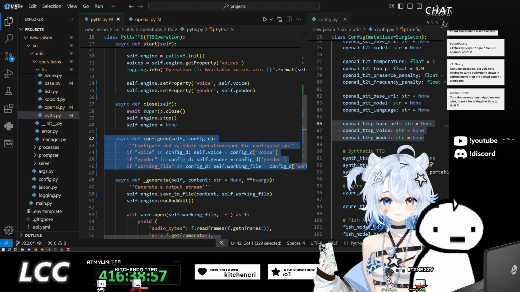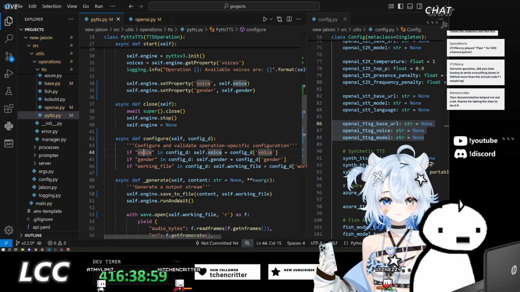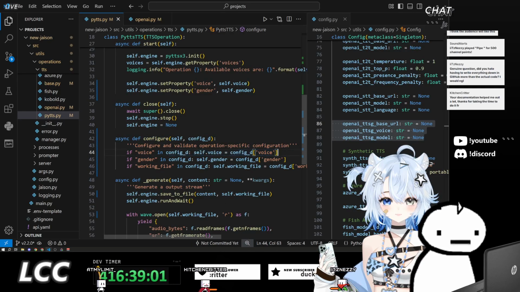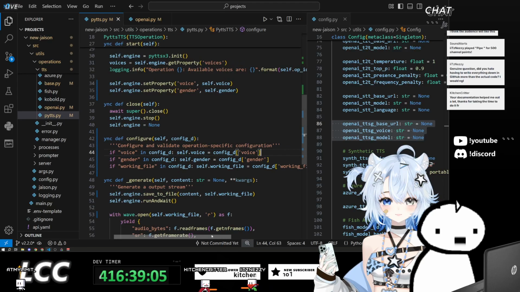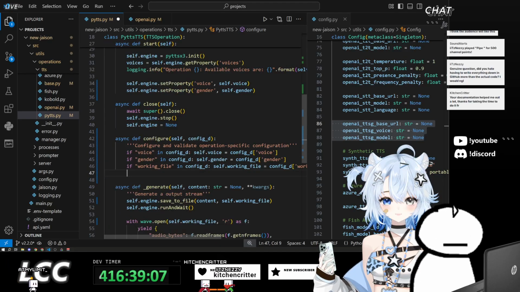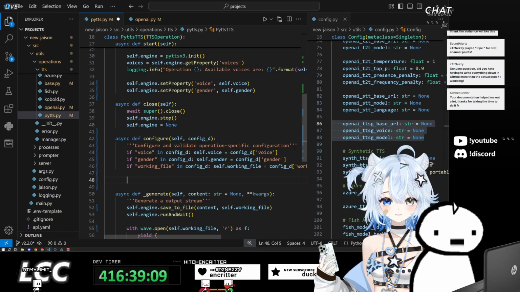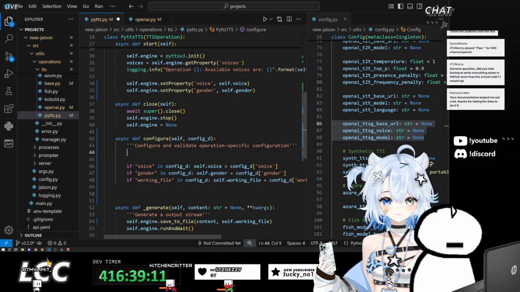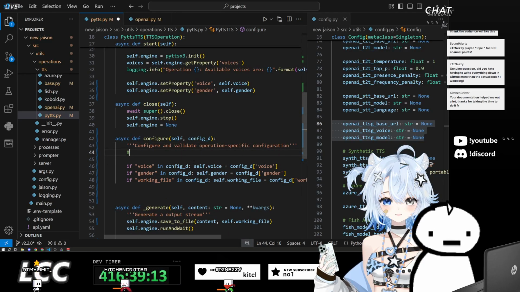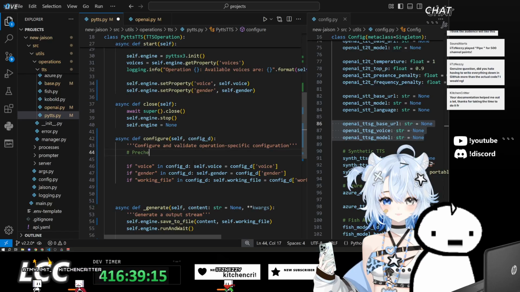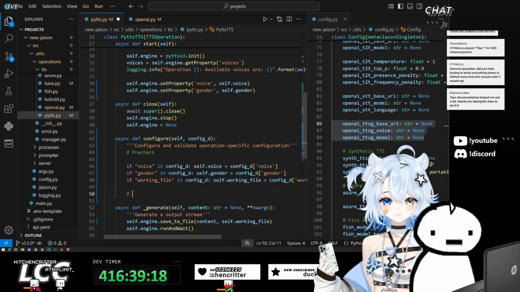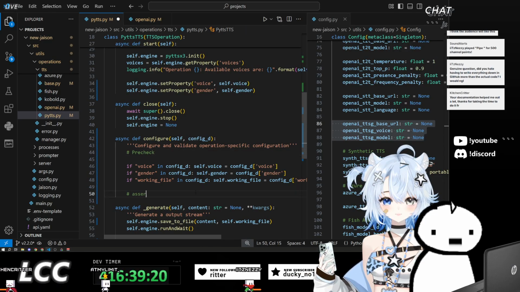Oh right, I forgot. Inside configure, even though we do set these properties, we still need to make sure that they are valid, right? We need to make sure that these are actually valid. So before this, we need to do a pre-check. Comment pre-check, and then after that we need to do an assertion check.